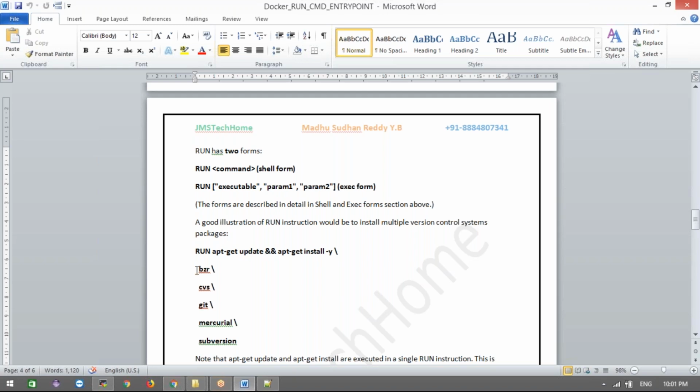Instead of writing many Docker commands, you can put one RUN command and use the ampersand symbol to install multiple packages like this. If you have 8 software to install, instead of 8 RUN commands, we are going to use only one RUN command for 8 packages. It will work, and only one layer will be created.